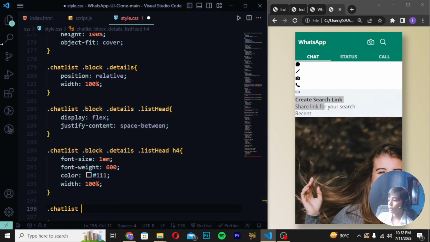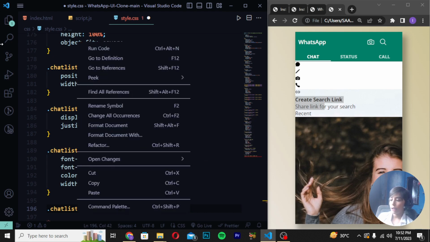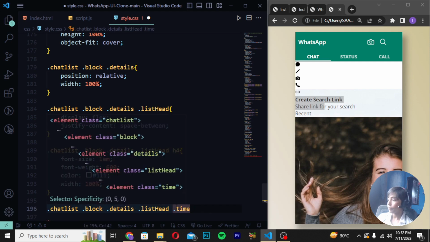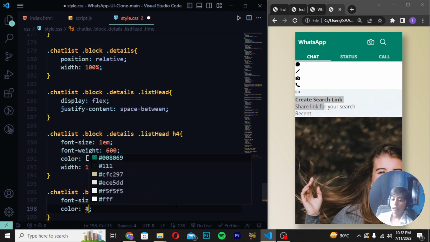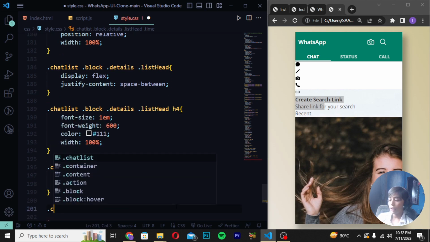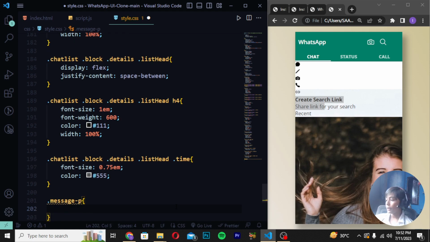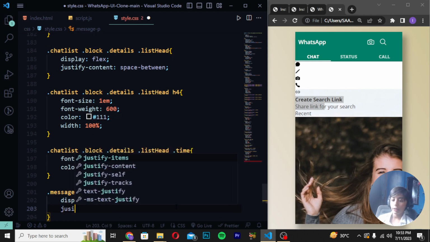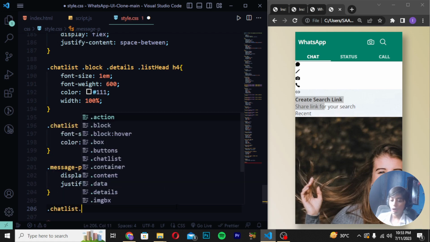.chat-list .block .details .list-head .time, and now font-size should be 0.75em. Color #555. And now here we can do .message p. And now enter. And now here I will have display flex, and justify-content should be space-between, and .chat-list .block